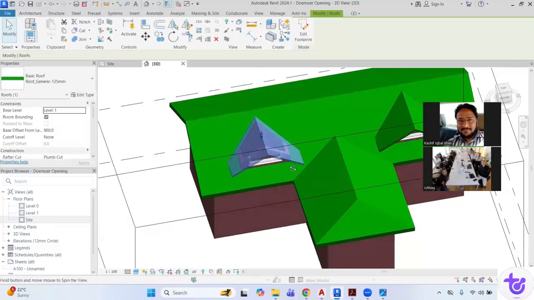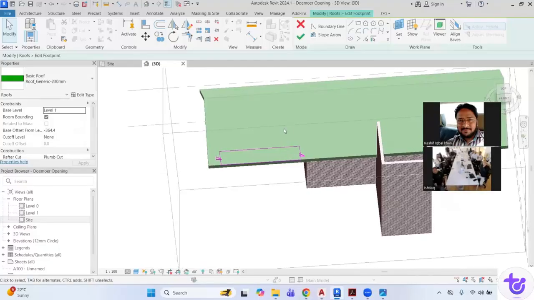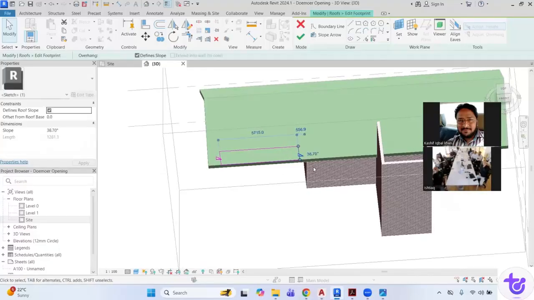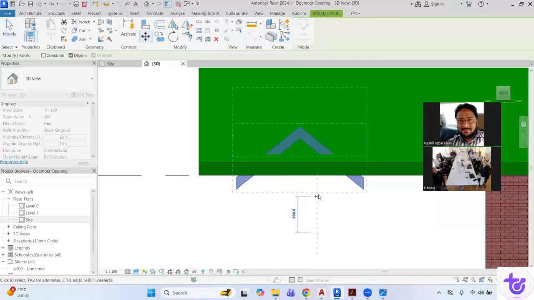Move to this roof edge, a little smaller. Okay, like this. And then if I move it,